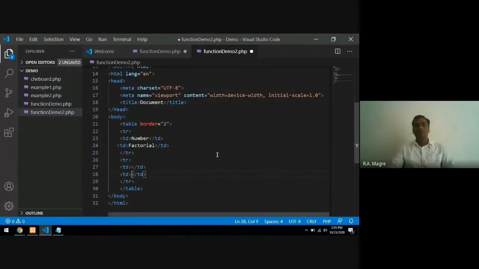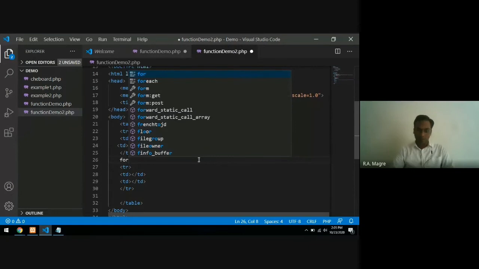Okay, now we have to repeat this data row. And how many times do we have to repeat it? We have to calculate the factorial of 1 to 10. Actual number I want to display in the first TD, and the factorial of that number in the second TD. So first of all I will take one loop here.